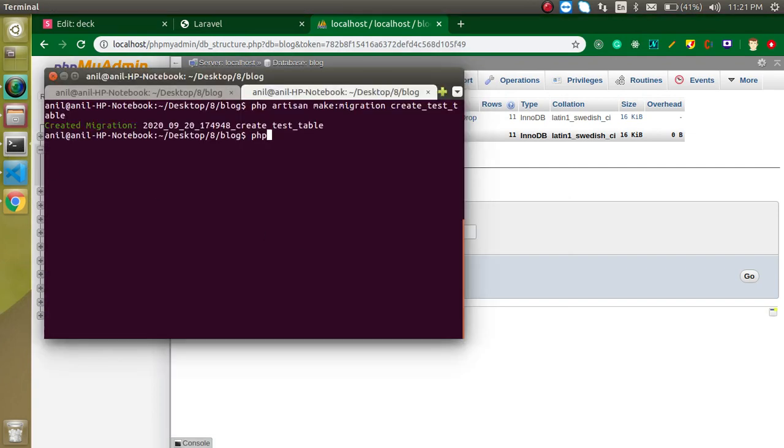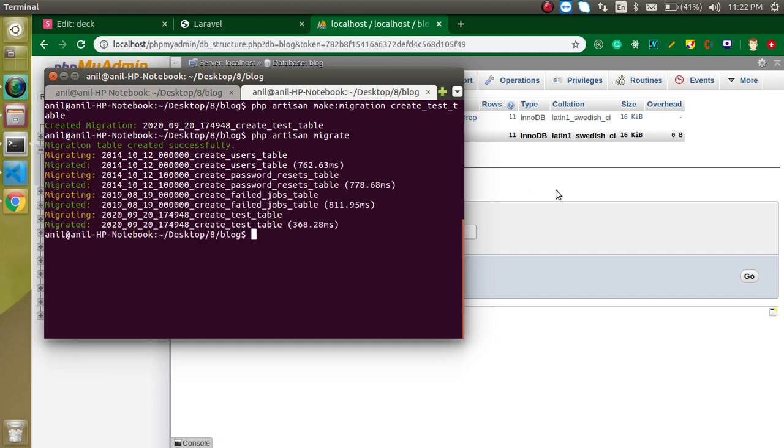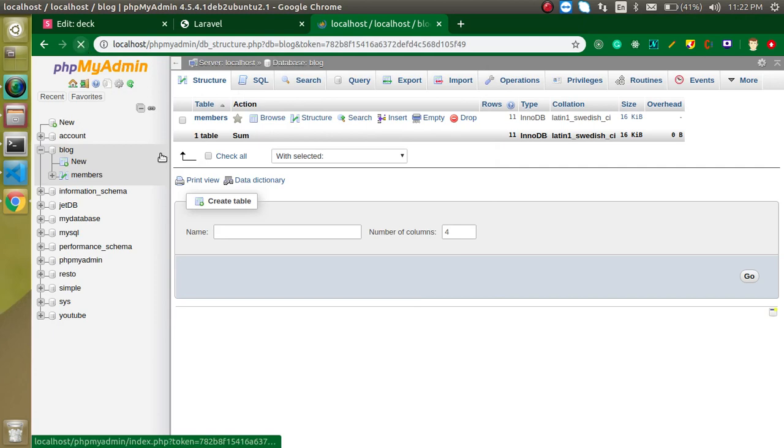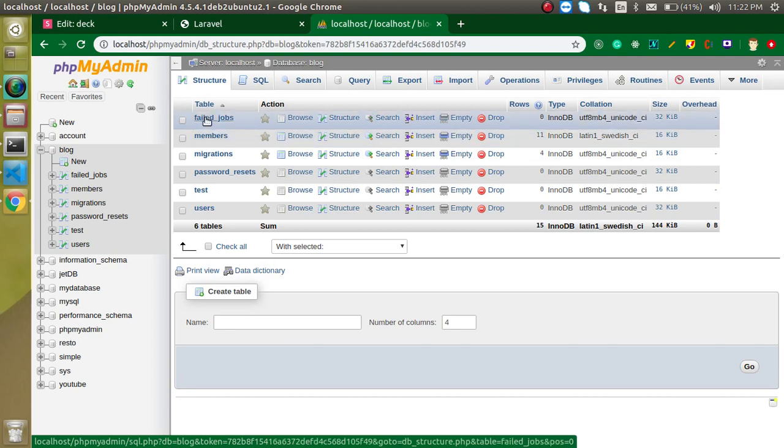So just write here php artisan migrate, enter, and now you can see that 4 tables are migrated. But when you refresh, you will find that now we have 6 tables. One is members, which is the previous one, and this one is failed jobs.